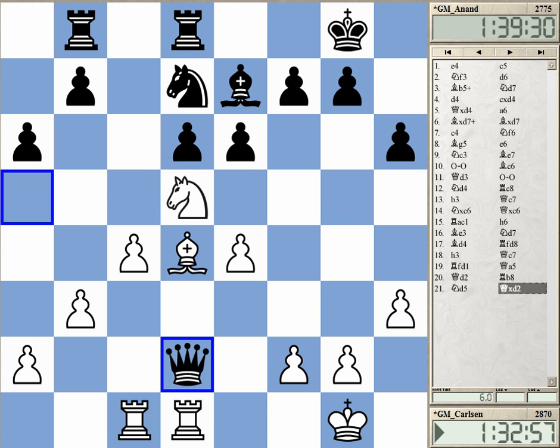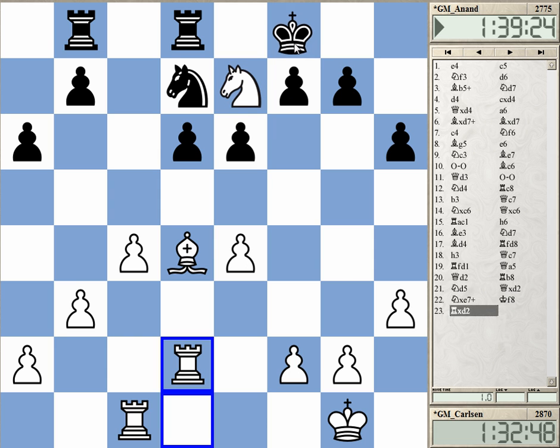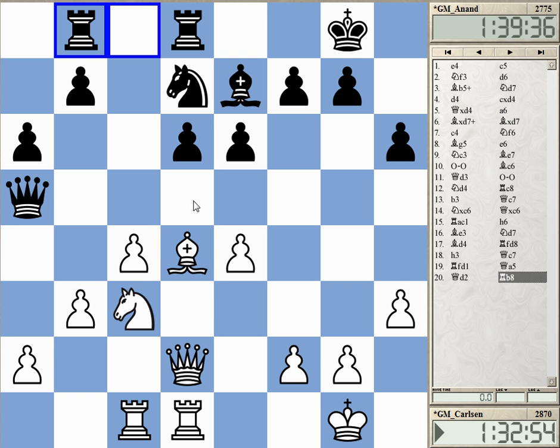And after queen d2, note that this is not a check. This is important. If the king is on e1, that's a different story. But now white can take on e7 with a check. This is important. This bishop is uncovered, unprotected. And in this case, white wins this important pawn on g7 and basically wins the game. Knight d5 is a motif that you always need to have in mind. So queen d2 is